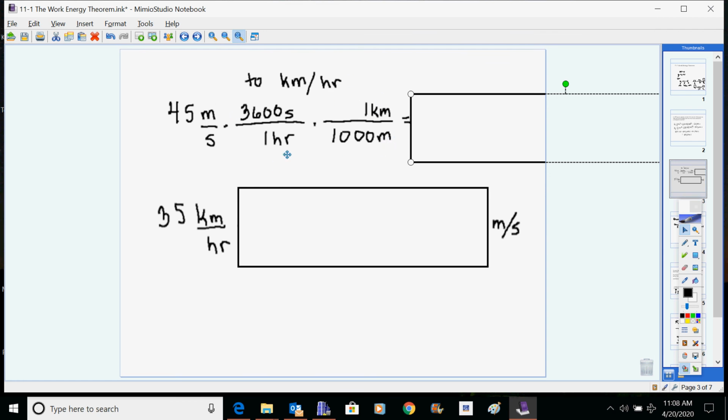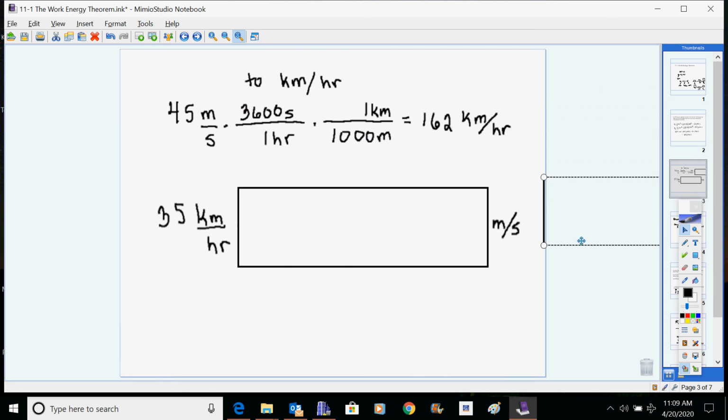Remember, these are nothing more than just some fancy ones. Multiply 45 times 3,600 divided by 1,000. Or short answer is multiply 45 times 3.6 and you get 162 kilometers per hour. Now this is useful maybe at the end of the problem after you have found how fast something is going by leaving variables in and solving equations. But